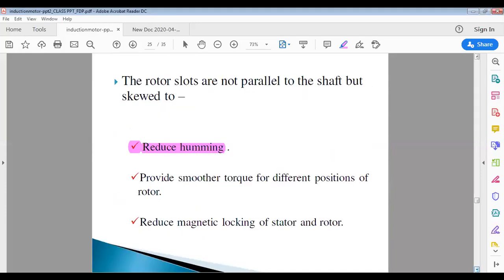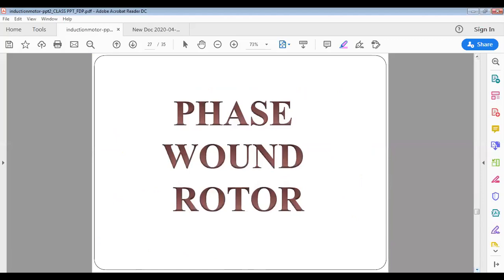There is a facility that you can change its rotor resistance. How? You can add external resistance in series with each rotor winding, and then the rotor resistance increases. If you are increasing the rotor resistance, the torque produced by the motor also increases. So the phase wound motor, that is the slip ring motor, is used to produce the highest starting torque, and the earlier one, the squirrel cage rotor, is used to produce medium, moderate starting torque. Okay, so these are the applications of both. That is the difference. Now we'll see the second type, the phase wound rotor. So squirrel cage, is this clear to all of you? Can we go for the next?